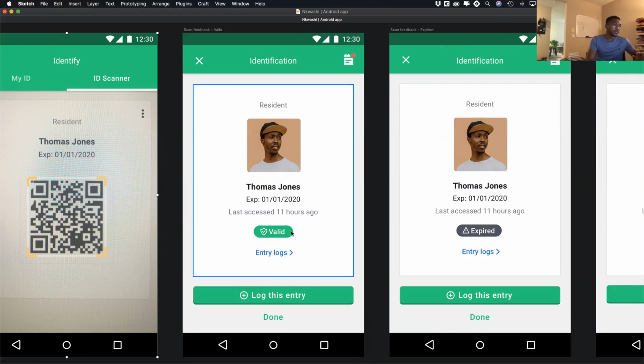You can clearly see that if you need to, maybe check out the entry logs to see the last time that they've been there, and just to check out the different times that they logged here. And then a call to action is to log this entry. And in this case, you would log the entry if... I mean, I'm not sure actually if you do need to log the entry in the ideal